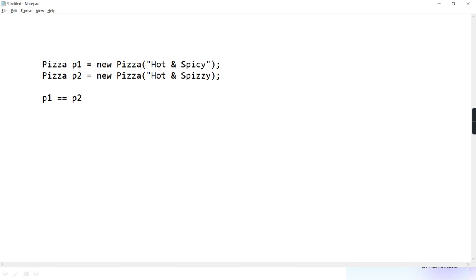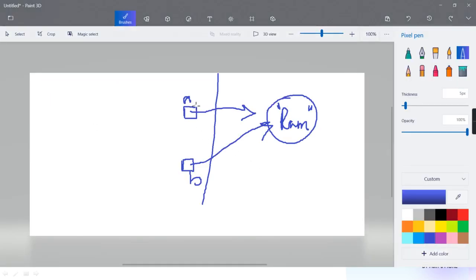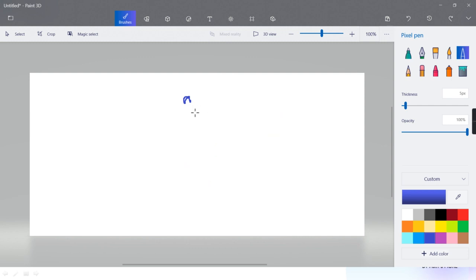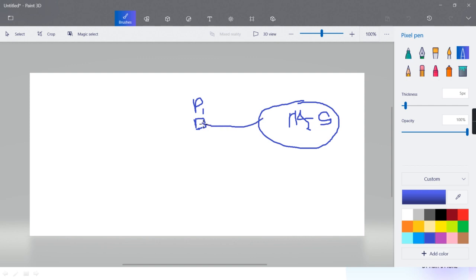You are understanding, guys? Though the values of this pizza object and this pizza object are same, the memory is different. An equality operator doesn't check the value in the memory, it just checks the reference. It is something like this. This is your first pizza object. Okay? This is P1. One pizza object is created, hot and spicy, stored here.